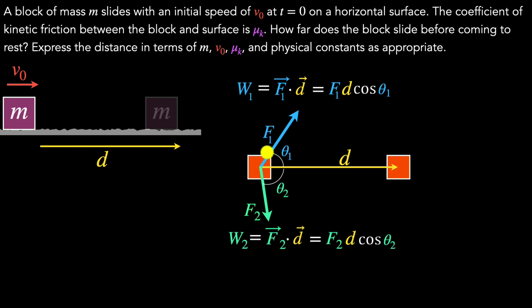So you can calculate the work done by each force on that object, and then you can calculate the total work done by just adding them up. And that's one of the things I love about work done, because remember, work is a scalar quantity, so we don't have to worry about directions and stuff. It's just a number. So the total work done on this object would be the sum of the work done